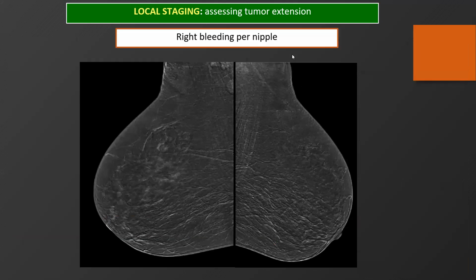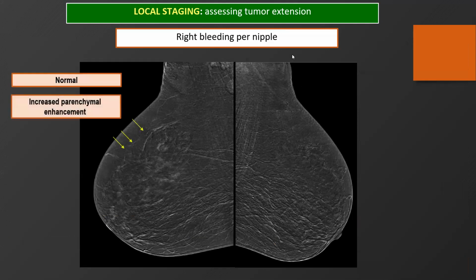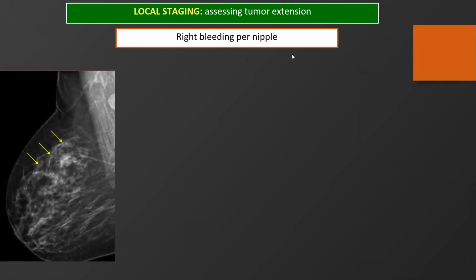Patient presented by bleeding per right nipple, and this is the contrast mammography. What do you think about this contrast mammography, Rasha? I think I can say it's normal with an increased parenchymal enhancement, but maybe the enhancement is slightly higher on the right outer quadrant than it is on the left side. Yes, I want to show you